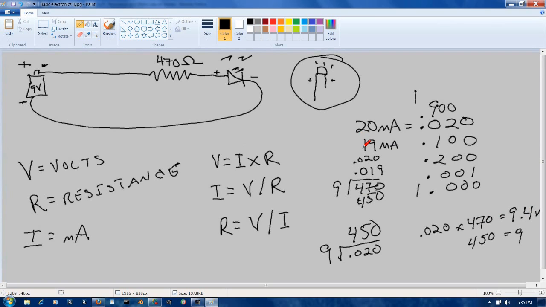And we're actually only supplying it 19 milliamps. So now that we have the correct milliamps, we would want to do 0.019 times 470, which is